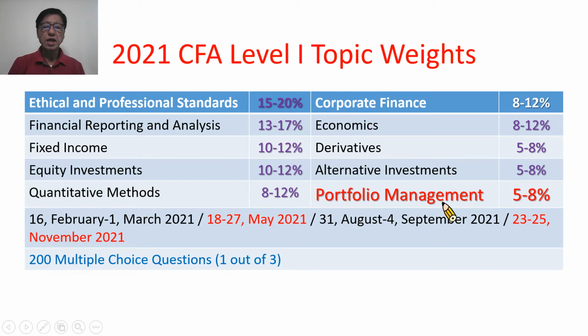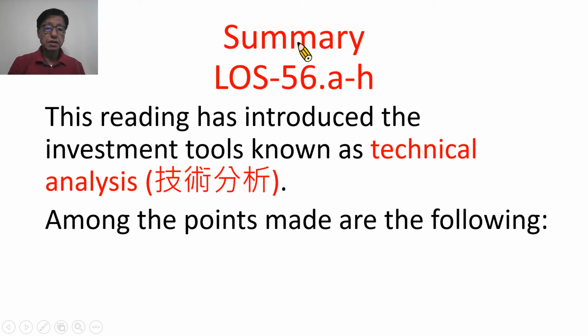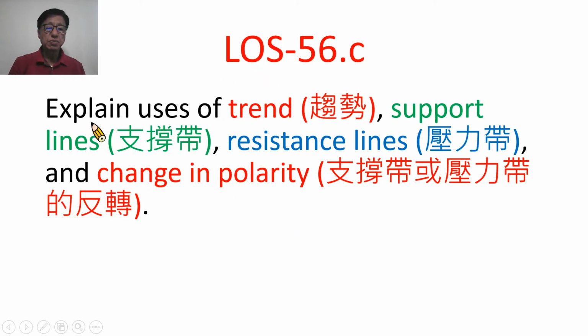2021年 CFA Level I Portfolio Management 投资组合管理这个科目占考试权重 5% 到 8%。今天要讲的是 Portfolio Management II Technical Analysis 技术分析。这是 Reading 第56篇，今天要讲的是 56.c 考纲。我们56篇 Reading 总共有 A 到 H 的考纲，主要是在讲 This reading has introduced the investment tools known as technical analysis。他说本文介绍投资工具，就是熟知为技术分析。然后我们会逐一介绍每一个考纲。今天要讲的是 56.c 考纲。Explain uses of trend, support lines, resistance